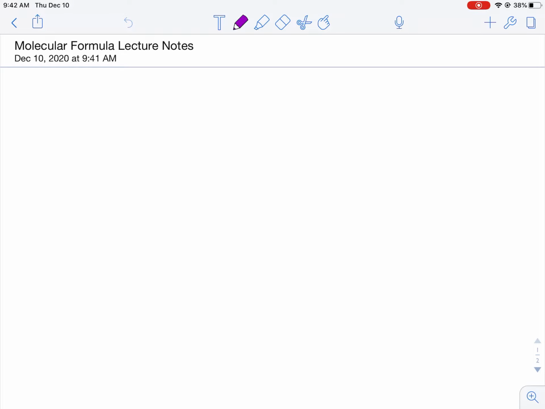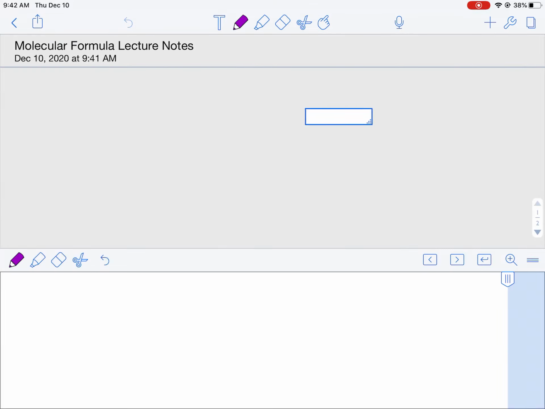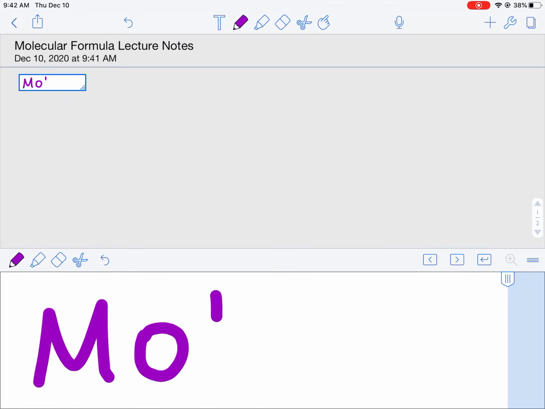Hi, today's lesson is about molecular formula. Let's start with a definition. A molecular formula